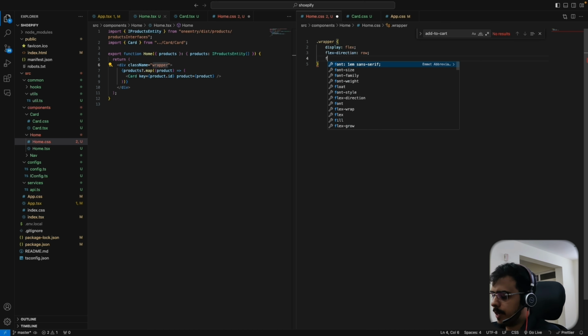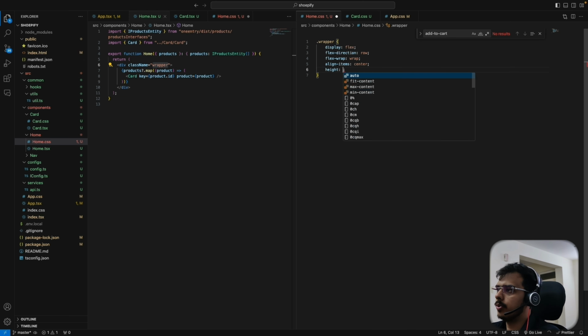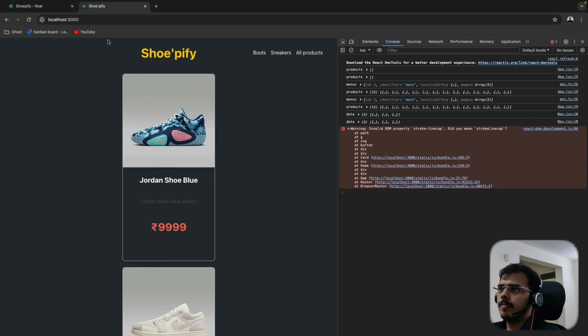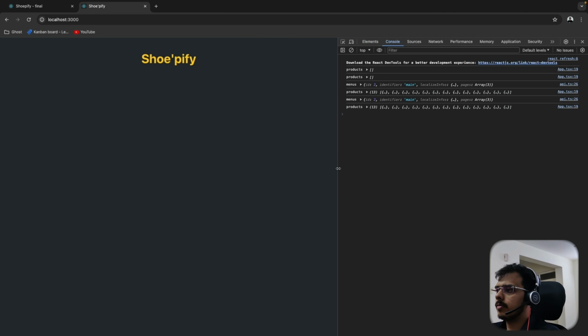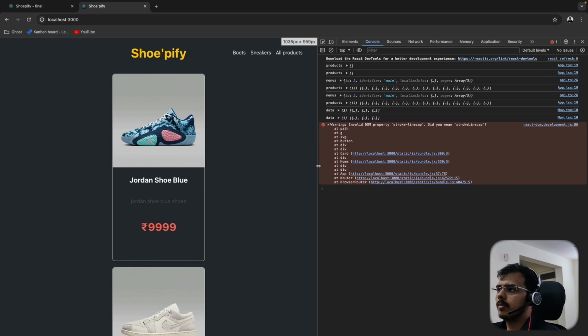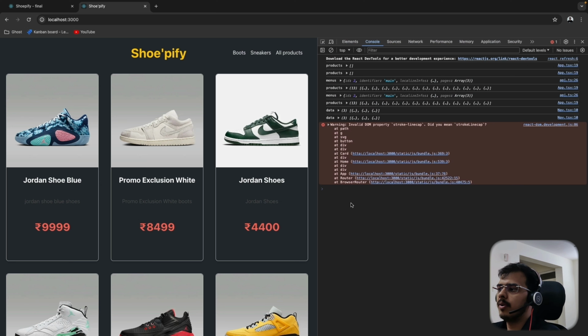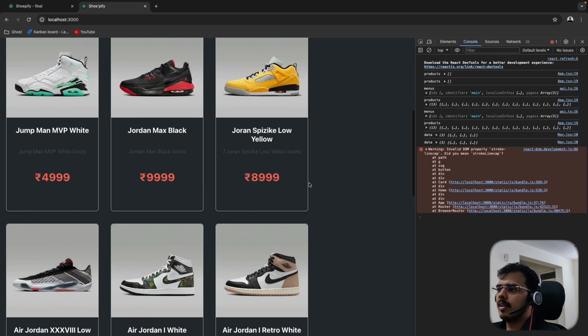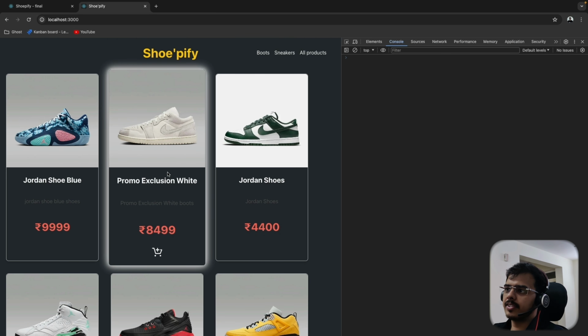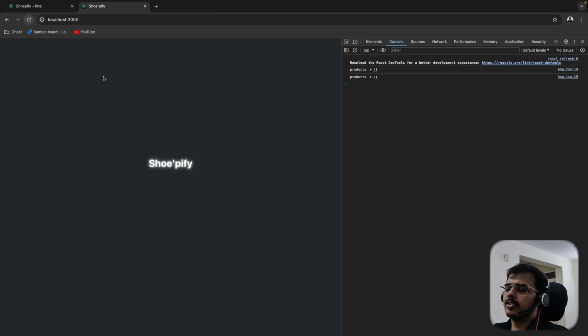I'm going to say flex wrap. Align item center as well. And then I want the height to be auto. Let's quickly check it out. Looks like I have not imported the home CSS in here. So I'm importing it right now. And now, as you can see, all the products are listed here with the animations, and the initial rendering animations